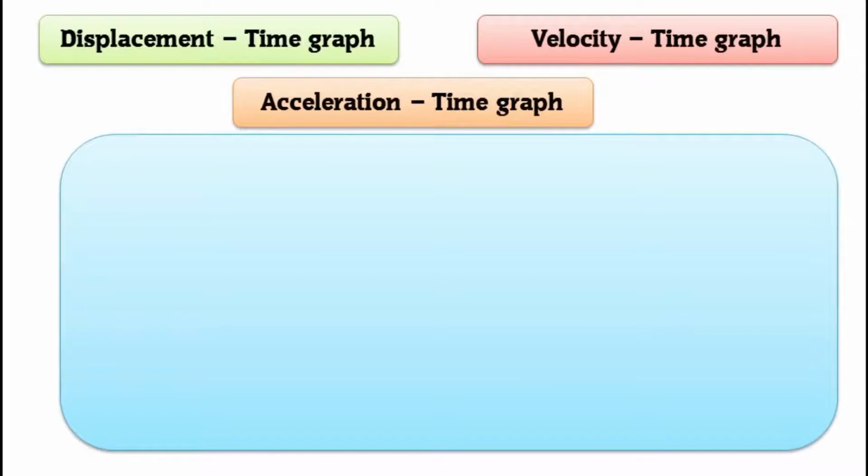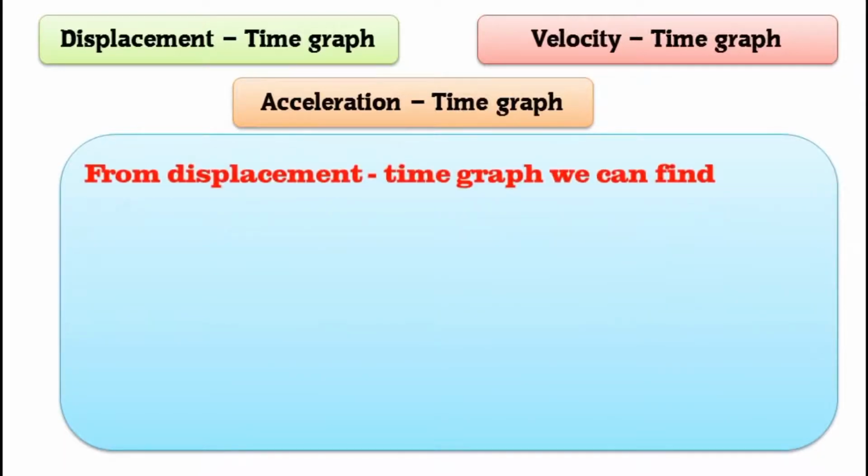Those are, from the displacement time graph, we can find velocity by finding the slope. Now, how to find slope? You will study about it while doing exercise questions. So, if velocity is asked, don't use the formula displacement divided by time here in this graphical part, but you have to find velocity by finding the slope.